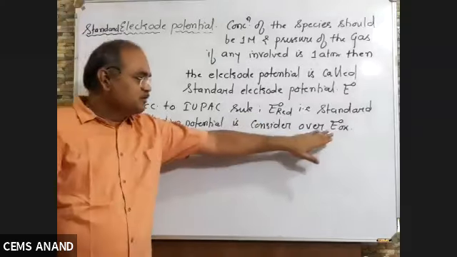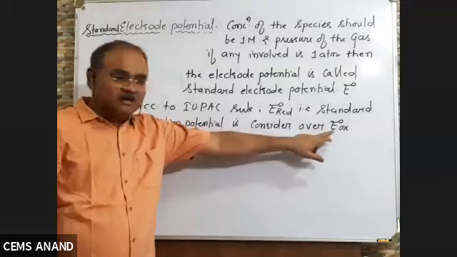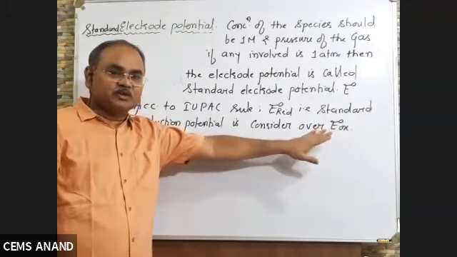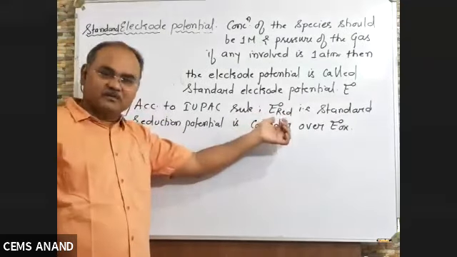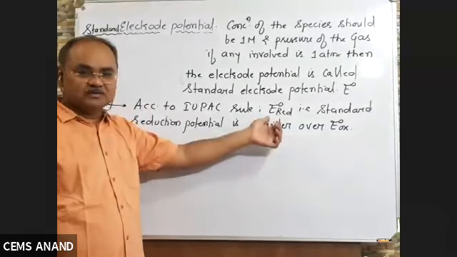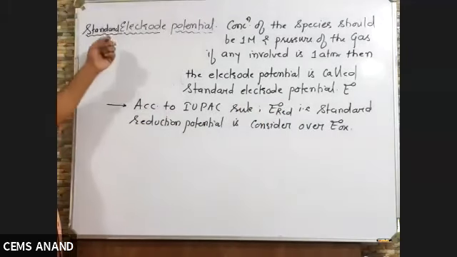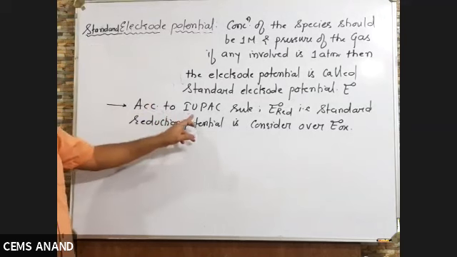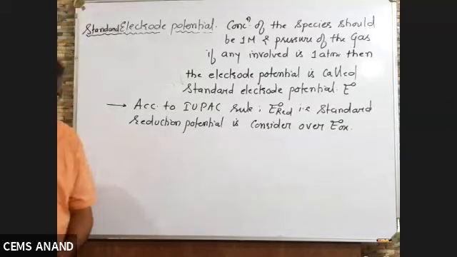So nowadays we are not considering oxidation potential, but by mistake in exam, if they give you, you know how to convert it. The value of E0 oxidation potential, if it is given positive, in case of reduction that value will become negative. If it is given negative, then in case of reduction it will become positive. So try to use E0 reduction value for writing standard electrode potential, because according to IUPAC rule, it is reduction, not oxidation.